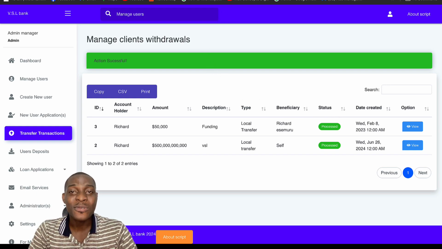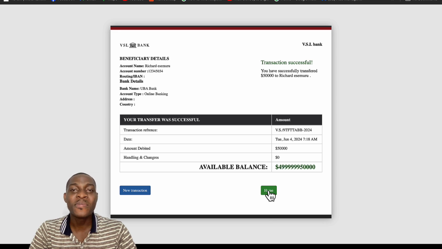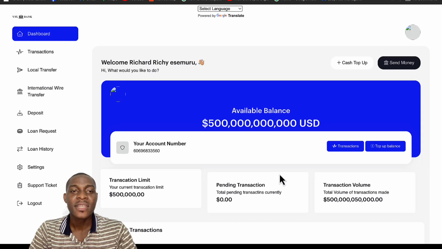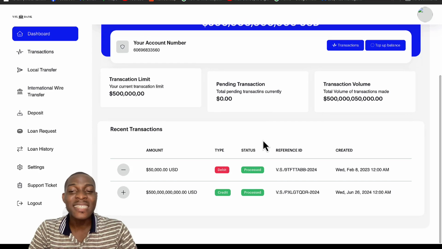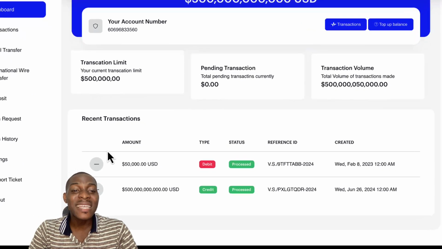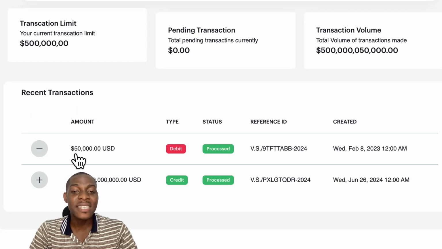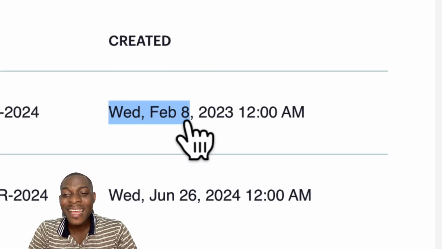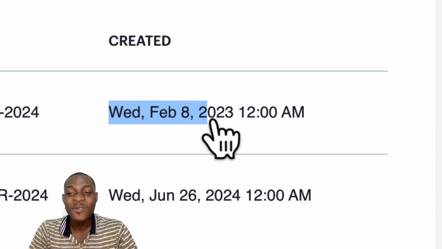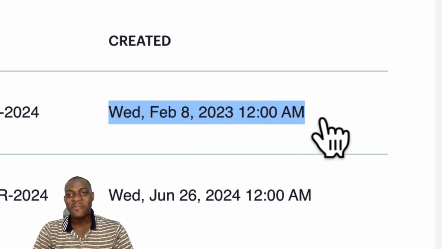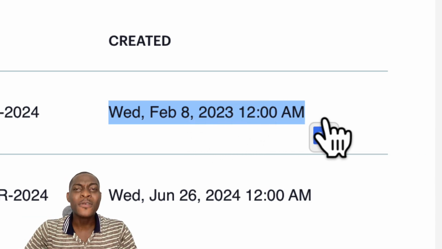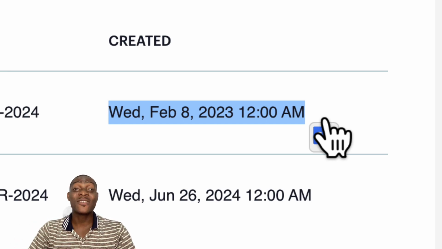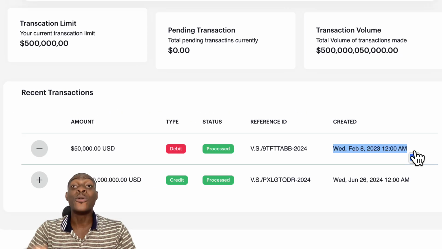the user account. Here is the user account. Click on home. Now we go over to this section. You are going to see the recent transactions as it were. See the transaction amount $50,000 debit, status processed, reference ID. Now see the date here. Wednesday, February 8th, 2023 as it were. Now, is it not mind-blowing for you to see this premium feature where we can actually backdate transactions on this